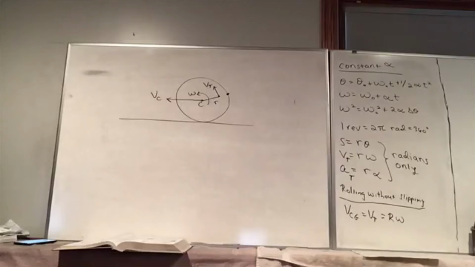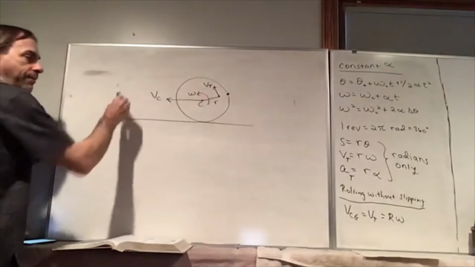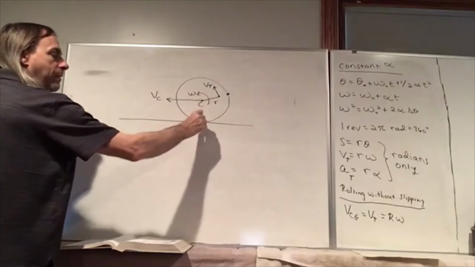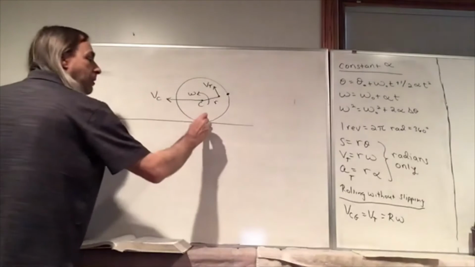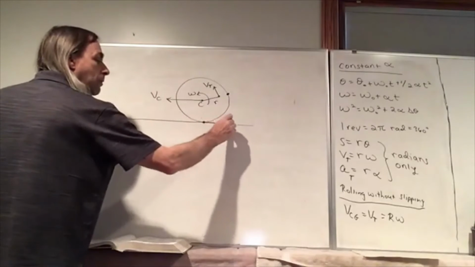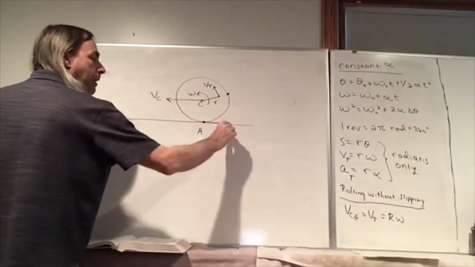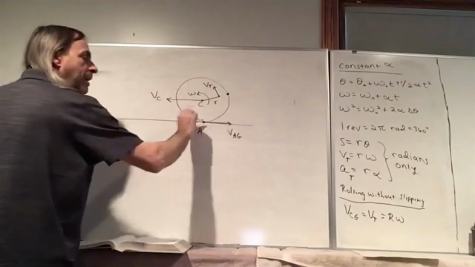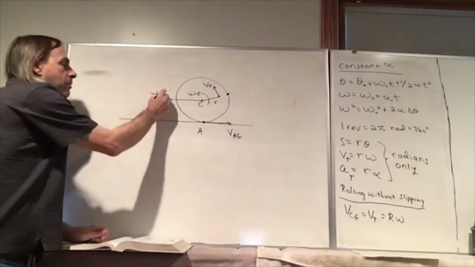And it has to be because the disk overall is moving to the left, but if you just look at this point that's in contact with the ground, let's call that point A, it's rotating this way, so the velocity of A relative to the ground is to the left, and the velocity of the center with respect to the ground,